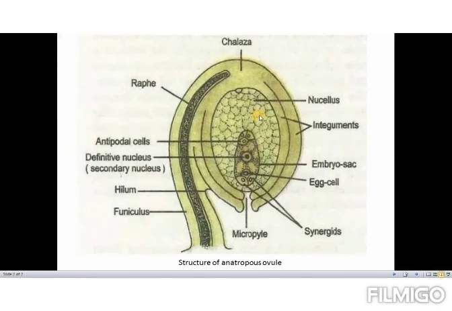And what is the function of the nucellus? It is nothing but the megasporangium of the ovule, in which megasporogenesis or the development of the female gametophyte takes place. The next structure is called the chalaza. This chalaza is the basal part of the ovule, from where the integuments are getting developed. This is the chalaza only which is giving out the integuments.